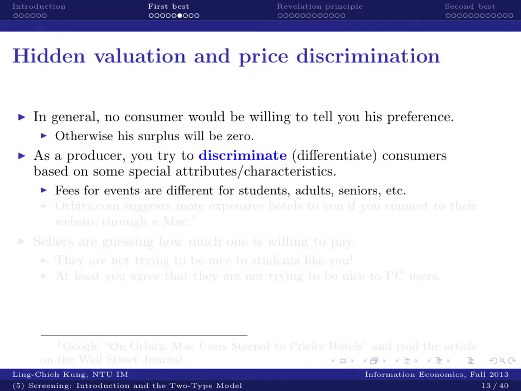Okay, so in general, no consumer will tell you how they like this product. Okay, otherwise his surplus is going to be zero. So as a producer, what you may do in practice is to test or to guess a consumer's valuation according to some specific attributes or characteristics. Okay, one most common practice is, for example, to charge different prices according to different